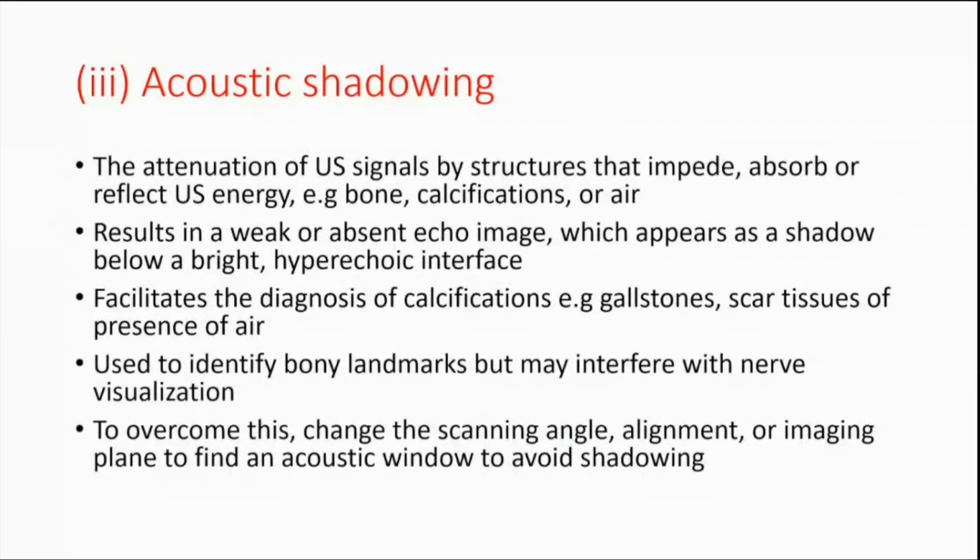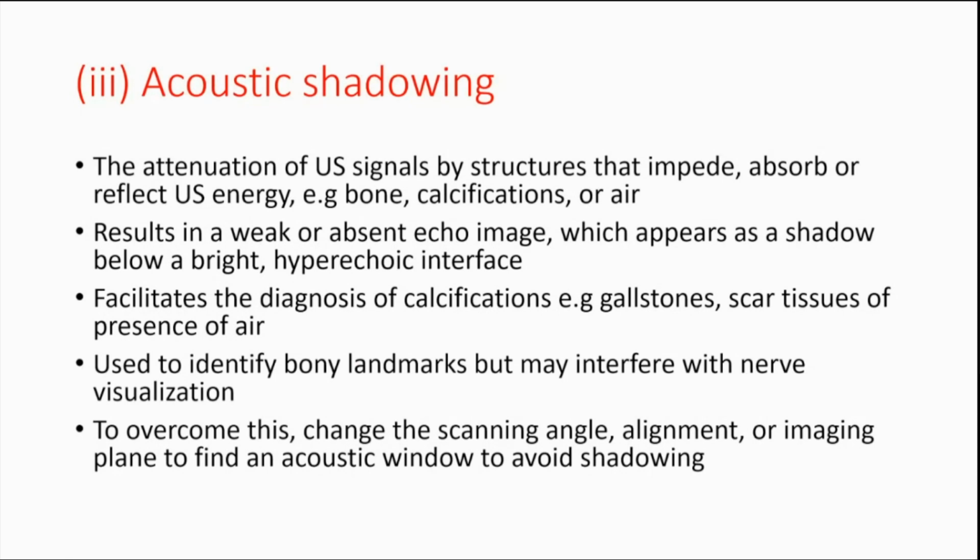Next, we have acoustic shadowing. This is when the ultrasound signals are attenuated by structures that either absorb, impede, or reflect the energy, for example, by hard structures, bone, calcifications, or even by air. So this will result in poor image visualization, an absent echo image, and will often appear as a shadow below a bright hyperechoic interface. This, however, will help facilitate the diagnosis of calcifications, for example, gallstones or scar tissues,